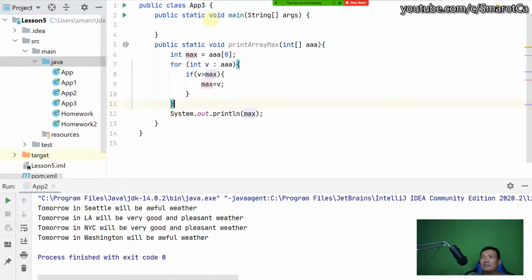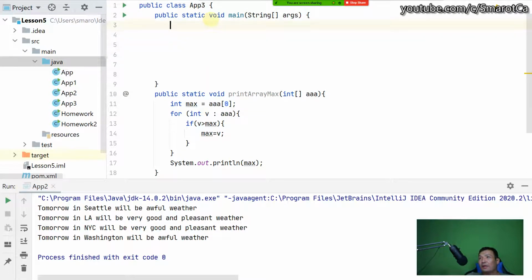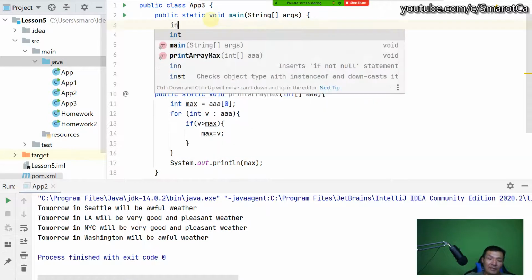Good. This is a function. Now let me invoke it. Okay. Invoke print max array. So, okay, I need to create a number of arrays, for example, int